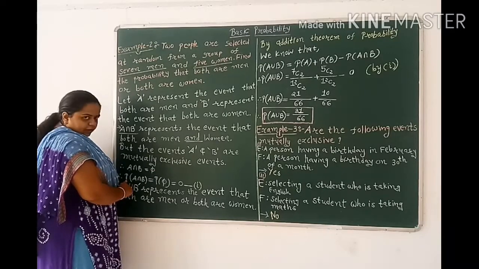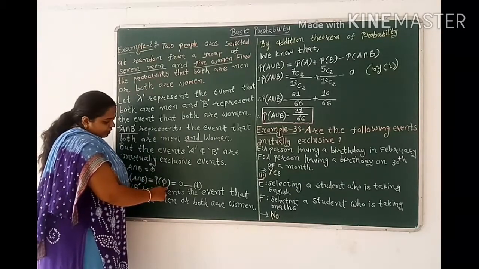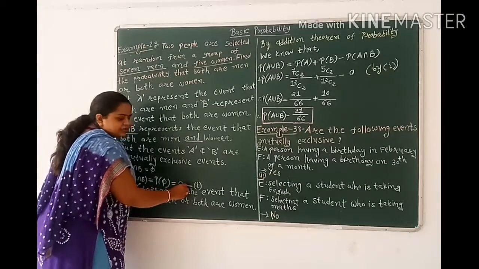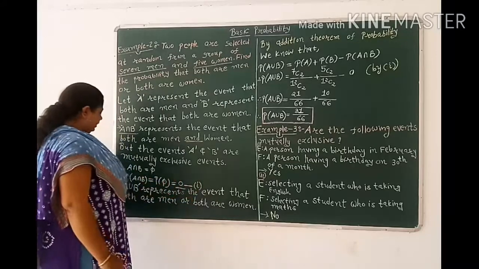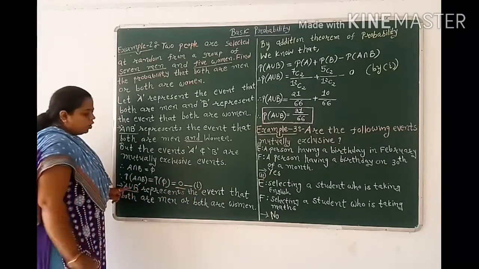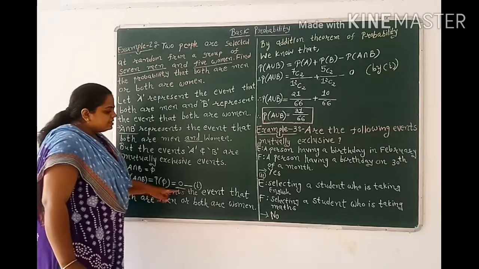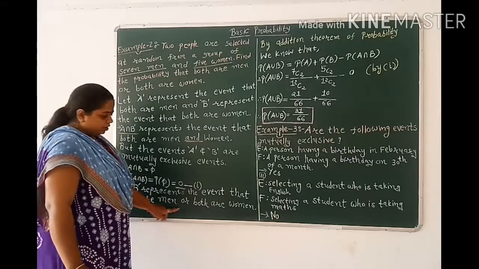Therefore, probability of A intersection B equals probability of the empty set equals 0. Give equation number 1. Now A union B, that is A or B, represents the event that both are men